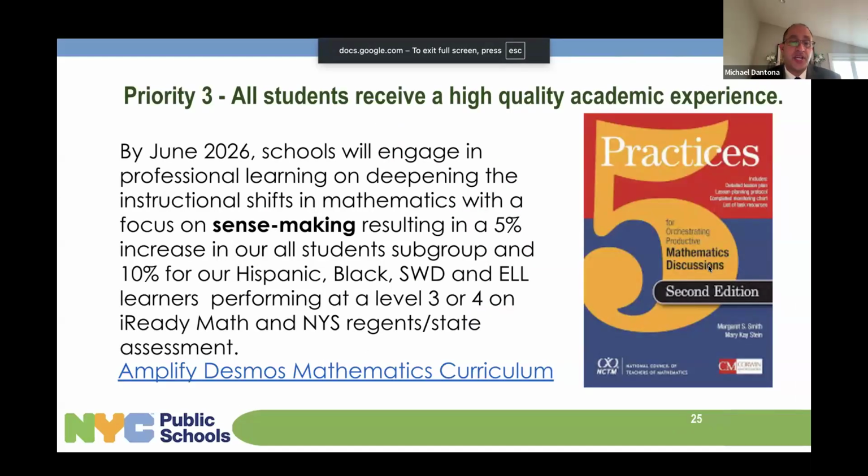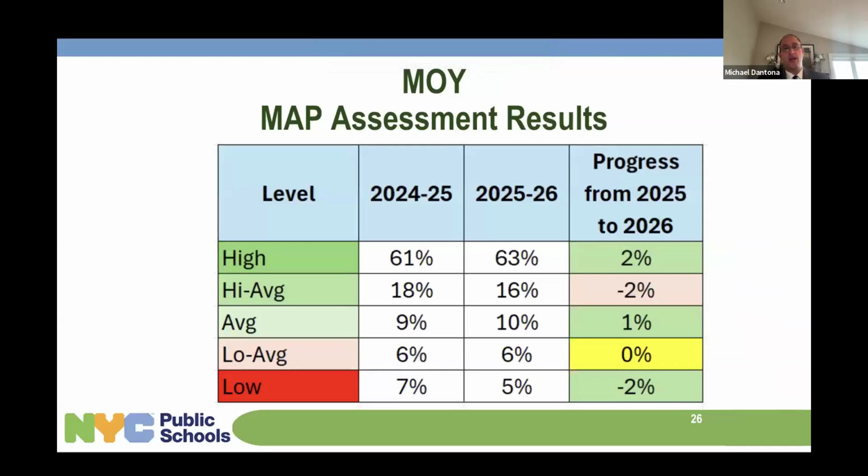In mathematics, something I didn't share with you during our last session that I wanted to highlight was our children that are preparing to take the Regents. The two components that we're looking to see at the highest rate are the high and high average performance rates for our kids. They have sustained the status from where we were in 24-25 to 25-26, with the exception of more kids performing at the high range, which is what we want to see, and fewer children performing at the low range, also what we want to see. So our schools have this information, and they are working to ensure that as many of our kids as possible are prepared for and ready to take that Regents exam in June.